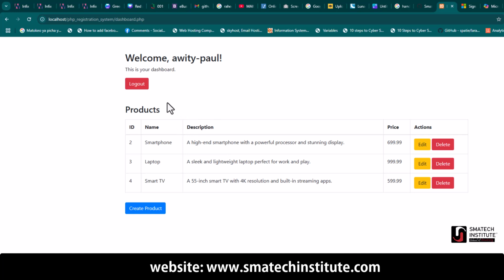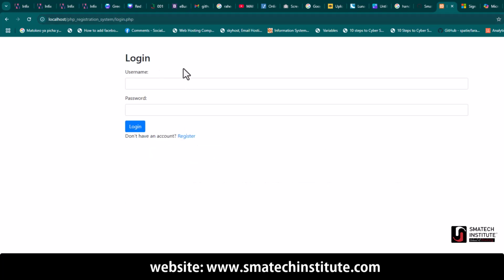the logout functionality. If we click on logout, it should log out this user Paul Awiti and redirect us to the login page. So that is a success. We are back to the login page. This is the system that we will be building in this